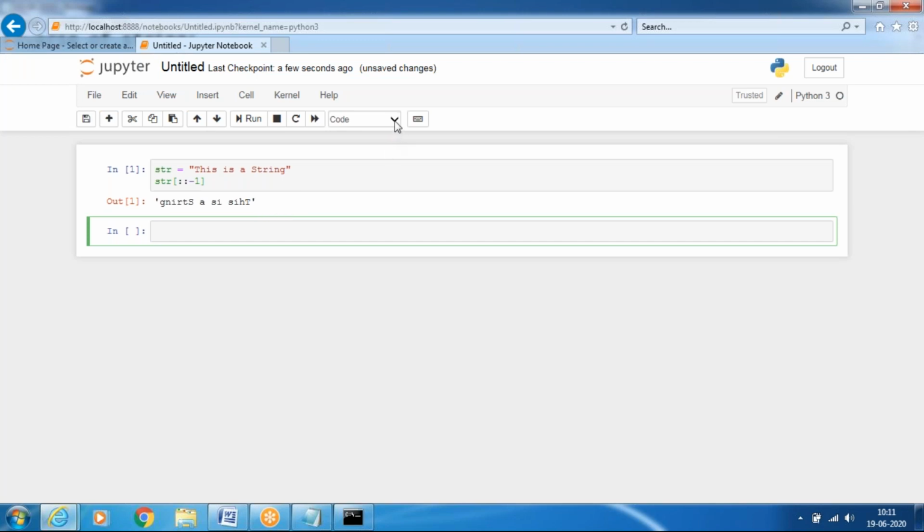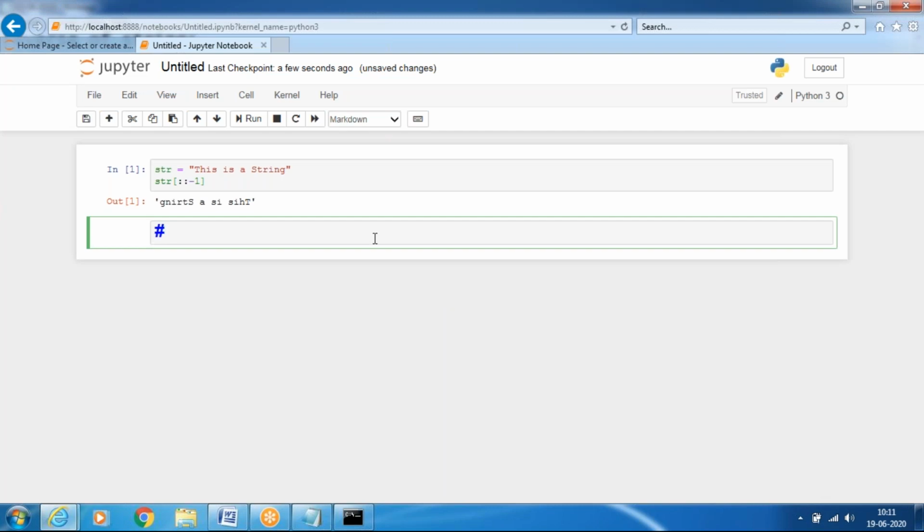Now we will see the reverse number by using strings.